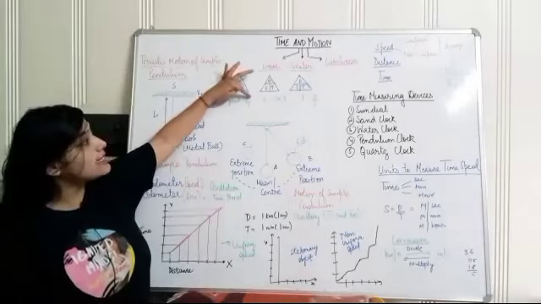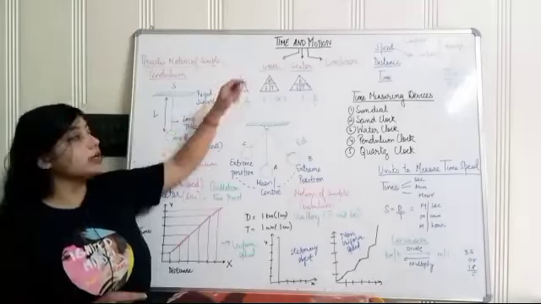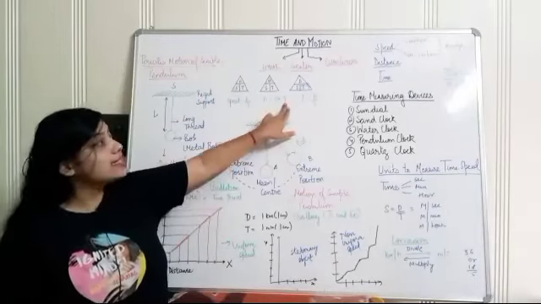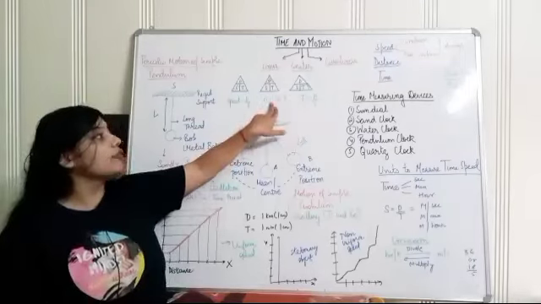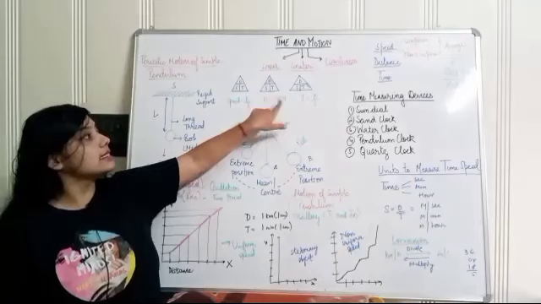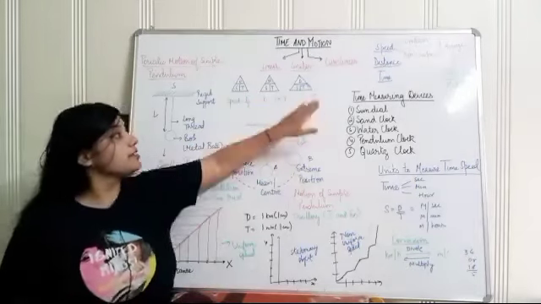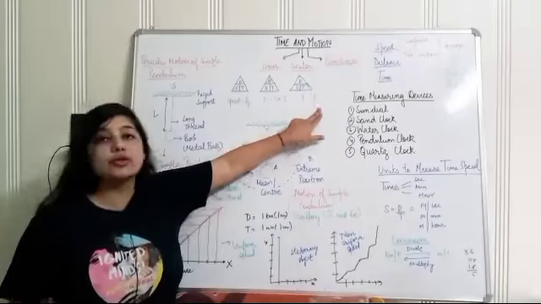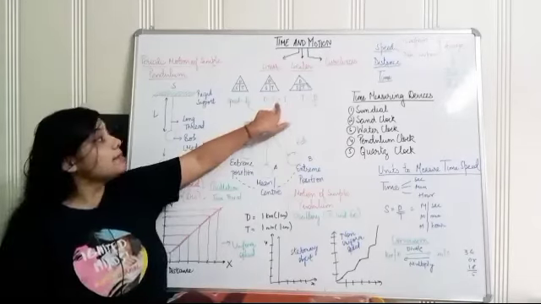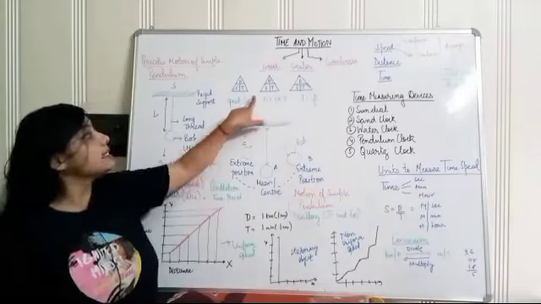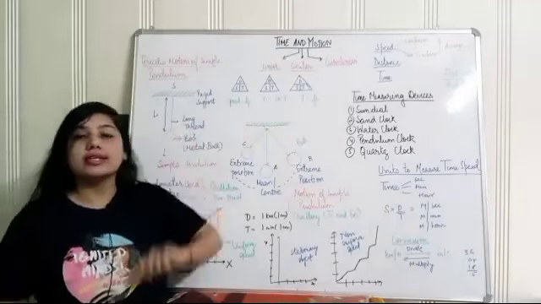Now from this formula only you can derive the formula for distance. If you talk about this distance, this distance is going to be speed into time. Similarly, if you talk about this time, naturally from the second formula you can get the third one. Time equals to distance upon speed. So if distance and speed are given, you can find out the time. Speed and time are given, then you can find out the distance. And if distance and time are given, you can find out the speed.